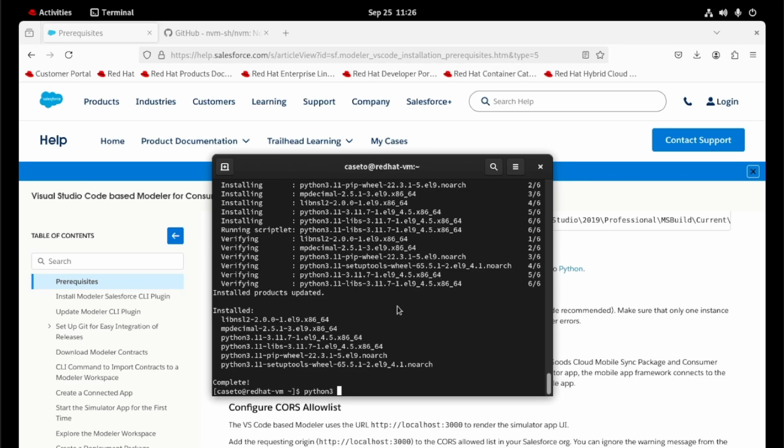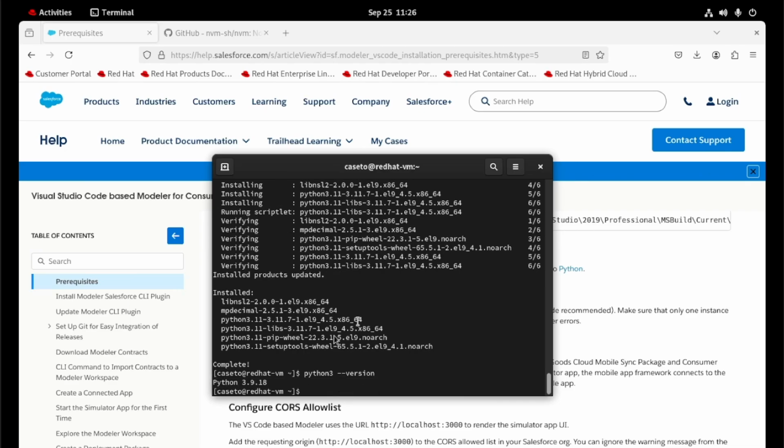Python 3 version. The default version is the 3.9.